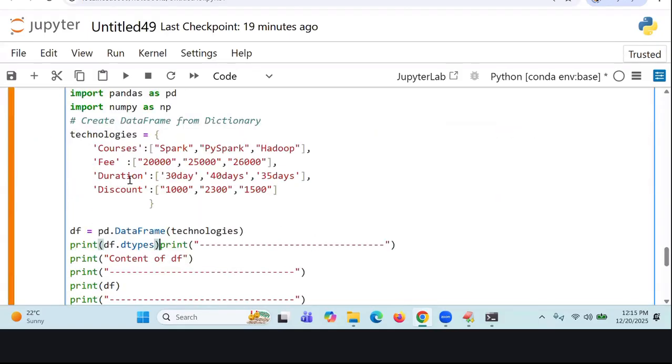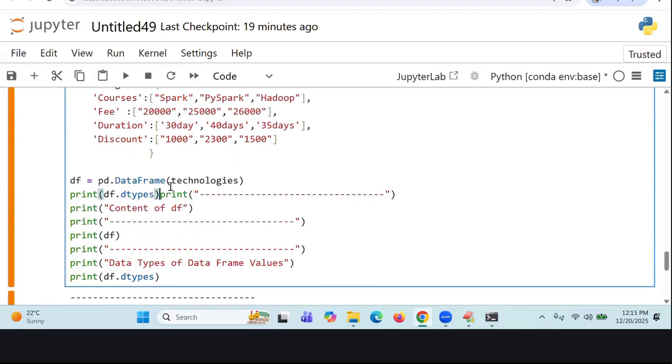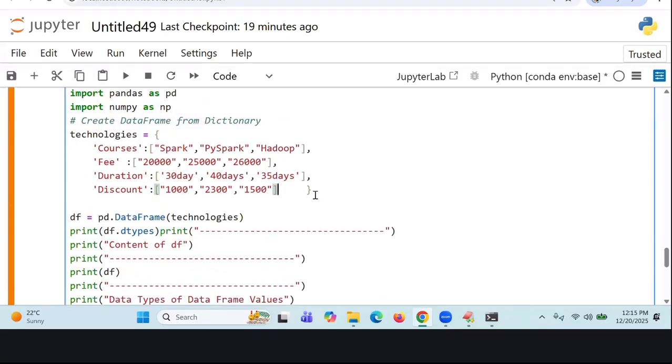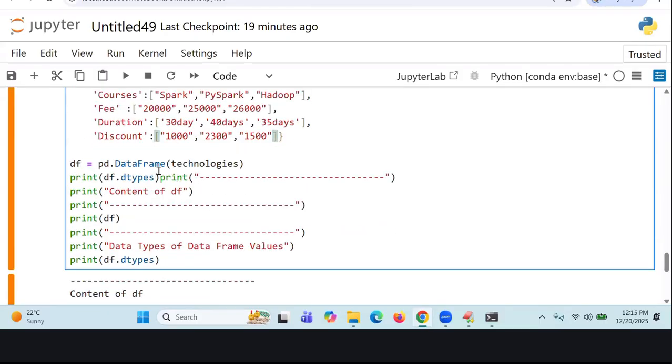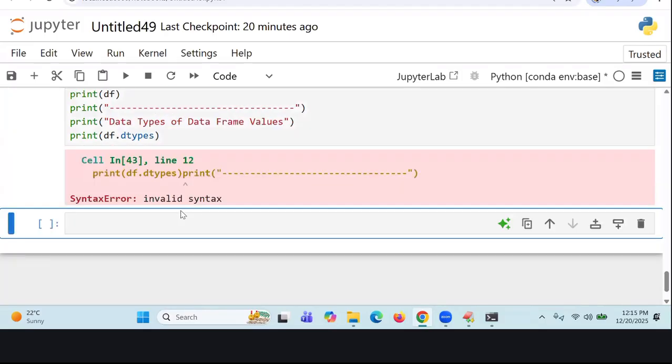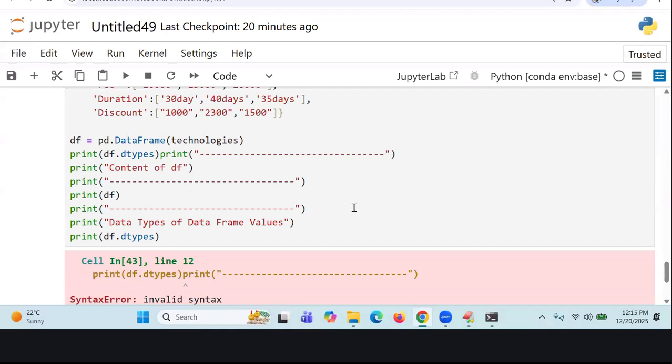Here courses, technologies are already known data. Converting into which type? Data frame: technologies converted into a data frame. I'm printing the data frame content. I'm printing its data types also. What happens? Print of